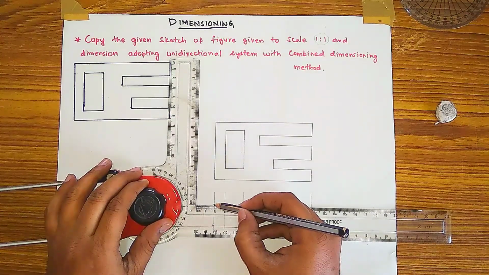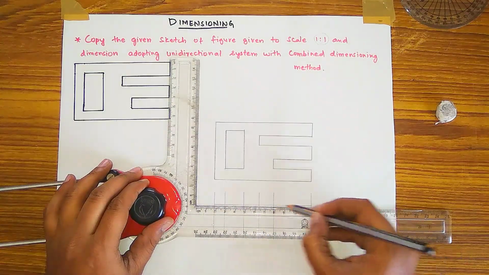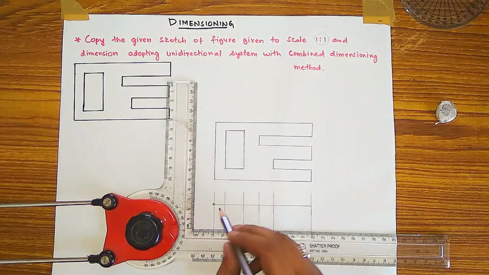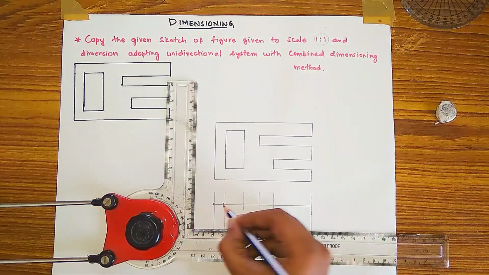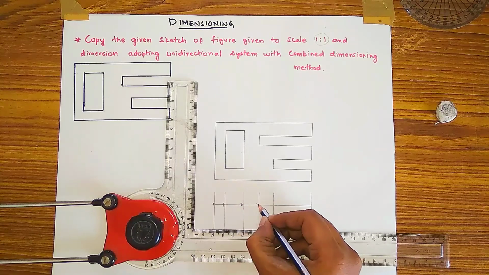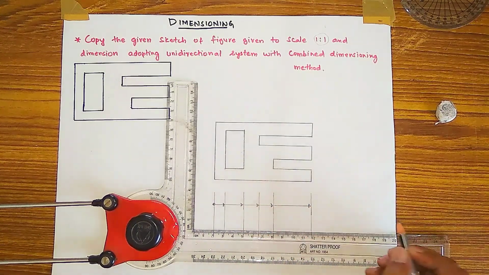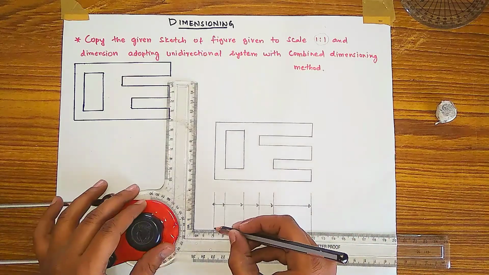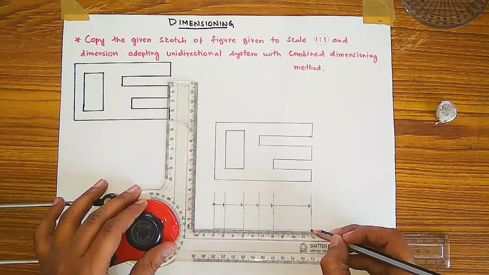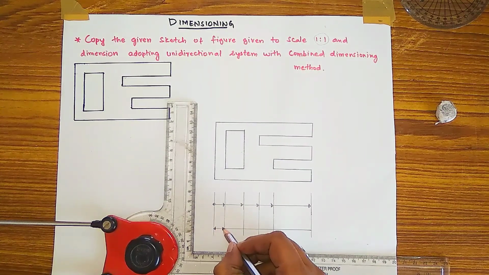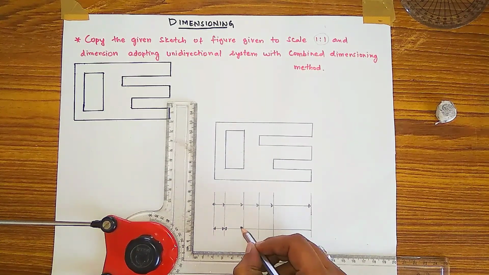See, for the progressive, in a single dimensioning line with a datum, I am showing you with one arrow mark. You have to show this is progressive dimensioning like this. Okay, for the chain dimensioning, only a single line, no datum line, with 2 arrow marks for each part you have to show. This is the chain dimensioning.